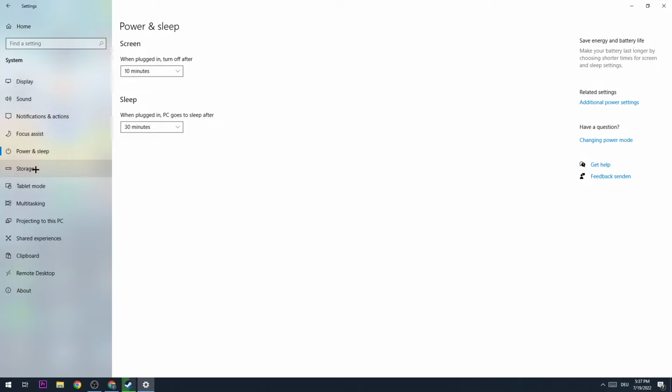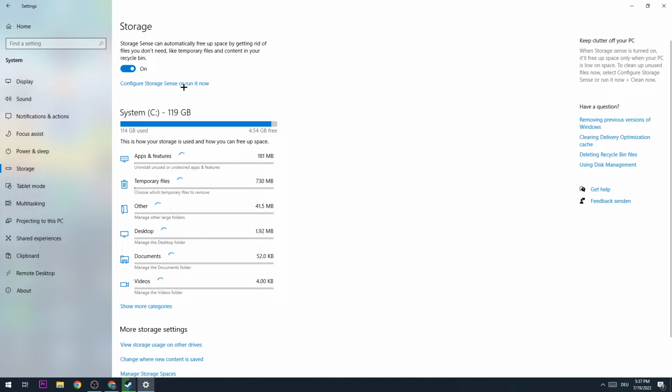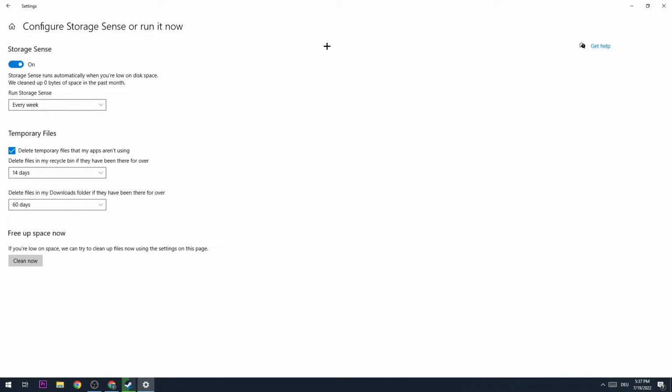The next step is going to storage right here, and you're going to click on configure storage sense or run it now. Here you're basically going to copy my settings. So run storage sense every week, and for temporary files, change it to 14 days and 60 days. This will help you blow out every single temporary file you don't really need in